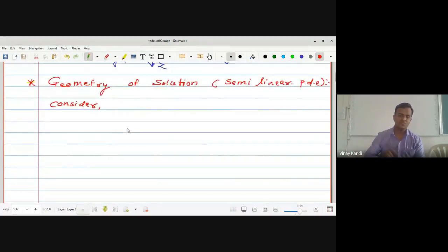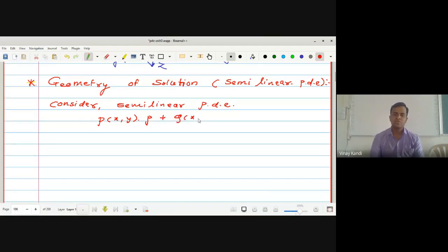Consider the semi-linear partial differential equation of the form P(x,y) into small p plus Q(x,y) into small q is equal to R(x,y,z). Give it as equation number 1. So this is the semi-linear partial differential equation, where